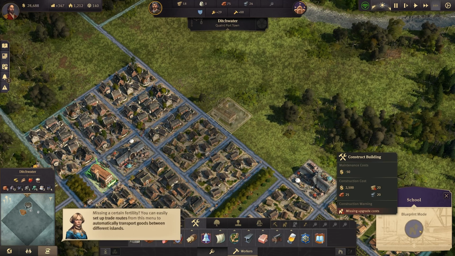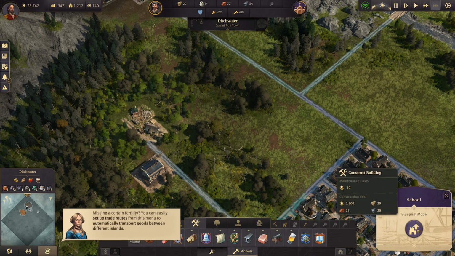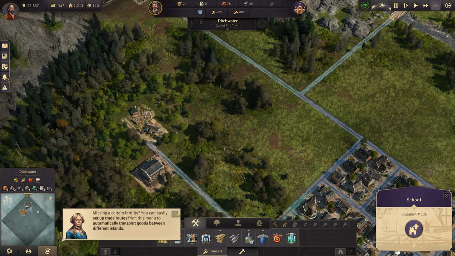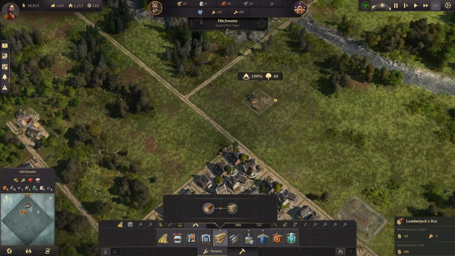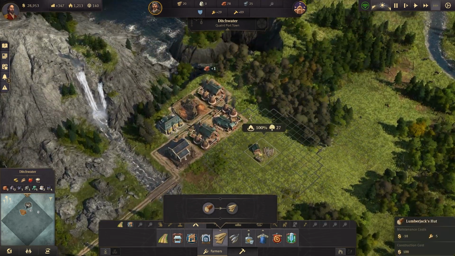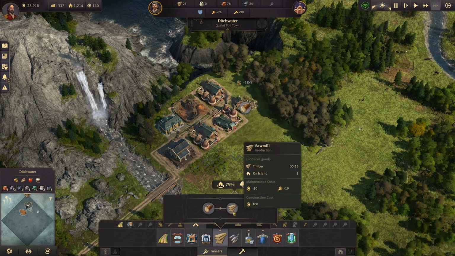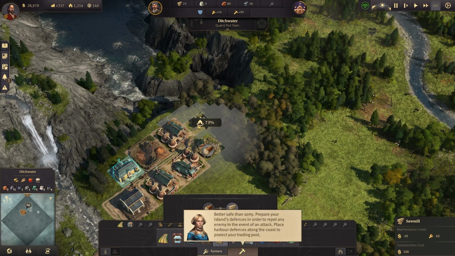And I think maybe it's going to be a good idea to expand our timber industry because it's taking a fair bit of time to get stuff in place. So let's just ignore that for now. We're going to go to timber. We're going to build a lumberjack's hut. And I think we'll build it out here, right next to the production of clay and bricks. So it's still in range of...